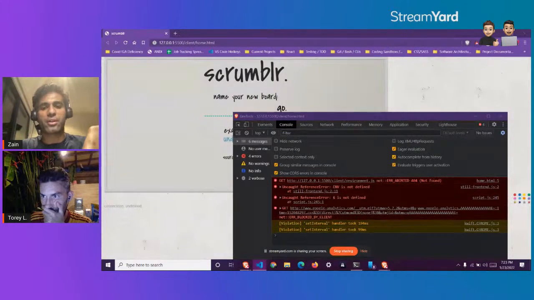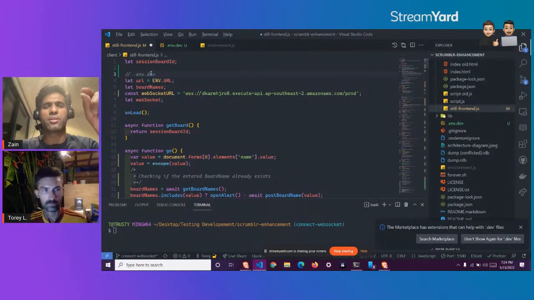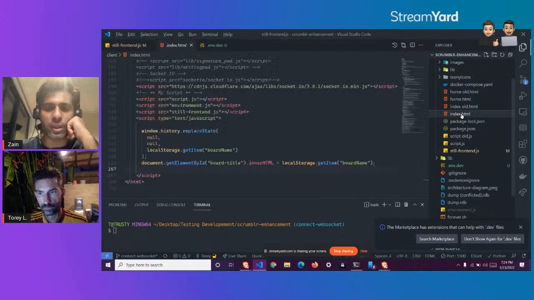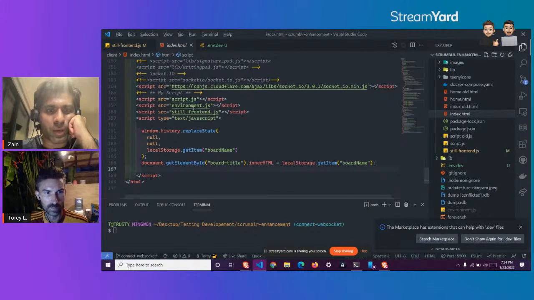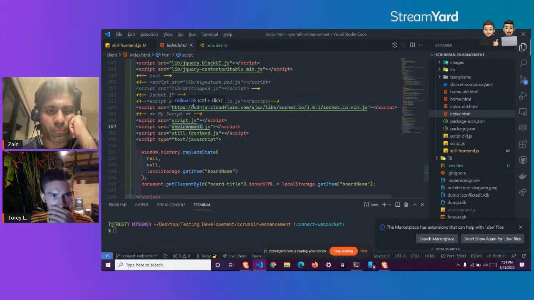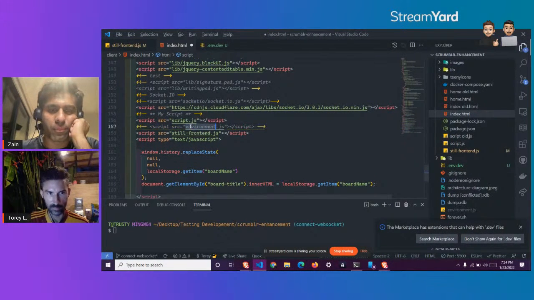Because you have changed the file name, you probably want to go into home.html and index.html to change the file name that's being imported there. What are these importing? Oh, I see how you got this to work. I understand now. So you were importing the script. In this case, we probably won't even need this now.